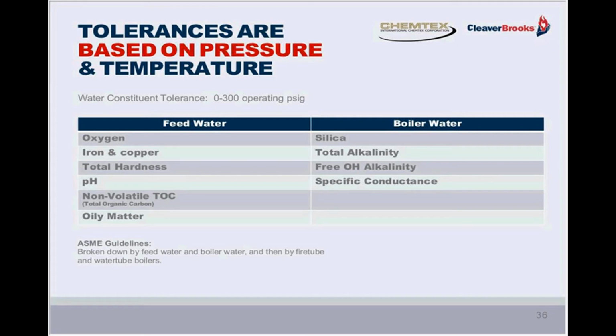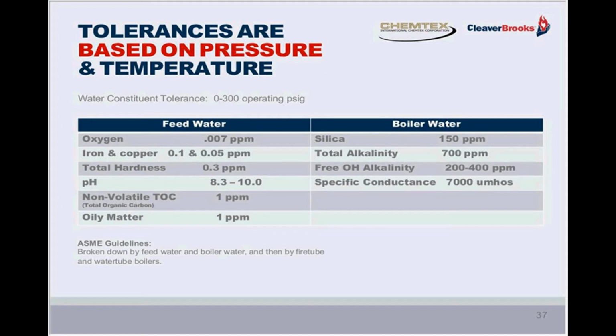As last month from the seminar, we talked about the tolerances that are recommended as guidelines by ASME for the water entering a boiler and the water that's inside a boiler. ASME has defined the guidelines as this. I see clearly that you're talking about 0.007 parts per million of dissolved oxygen is all that should be allowed in the feed water entering a boiler. Total hardness should never be more than 0.3 parts per million. The feed water pH should be in the range of